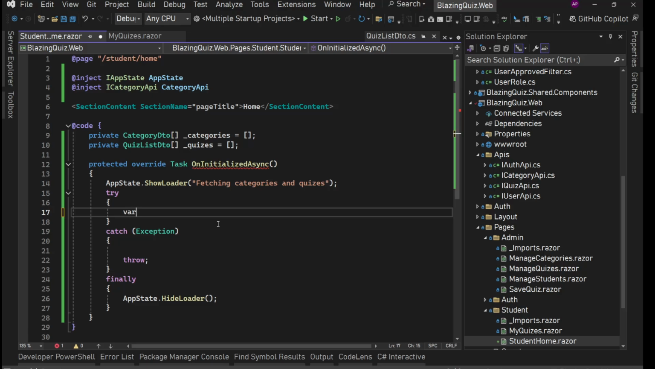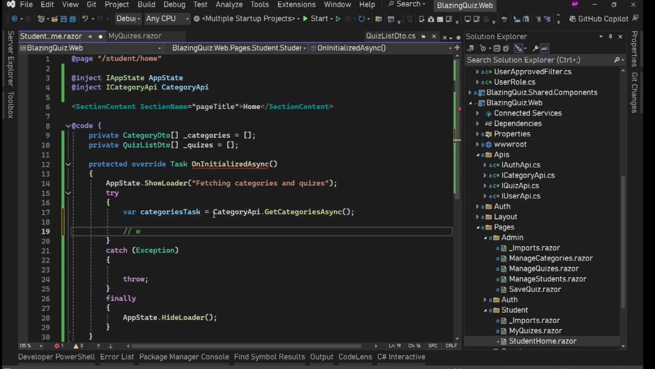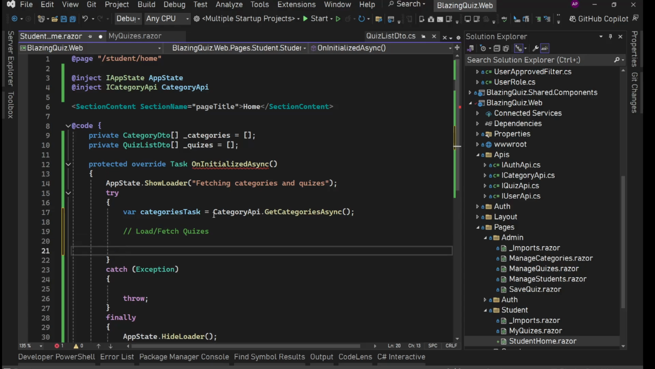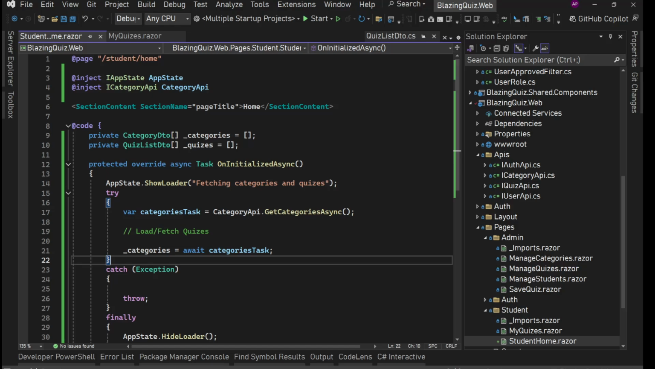And in this try, we'll say var categories task. These two things do not depend on each other, so we can load these parallelly. Instead of directly awaiting on the categories task, what we'll do, we'll simply go ahead and without awaiting, we'll call category API dot get categories async. Then here we will load or fetch quizzes. After that, we'll say underscore categories equals await categories task. Okay, now before continuing, let's